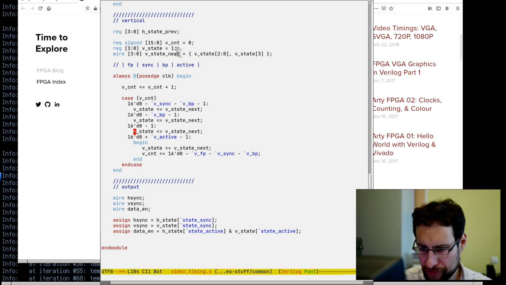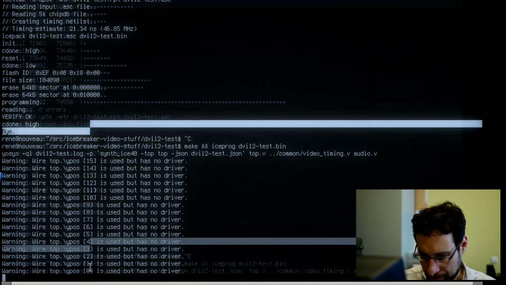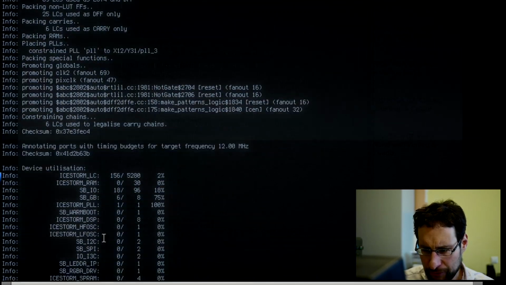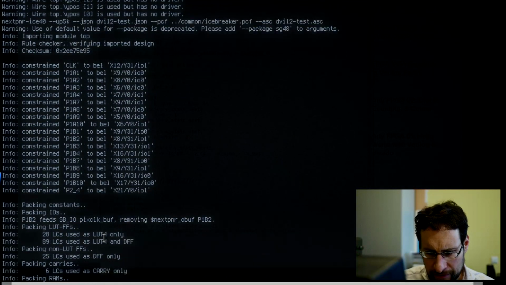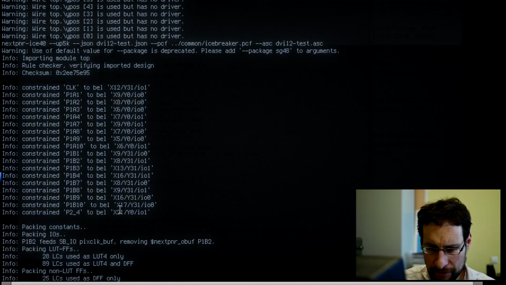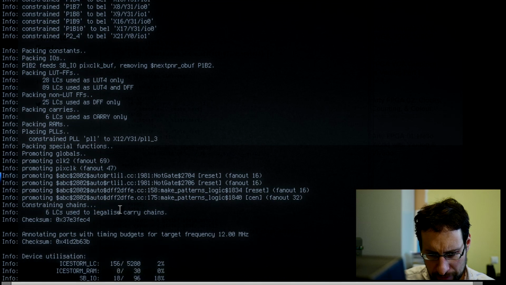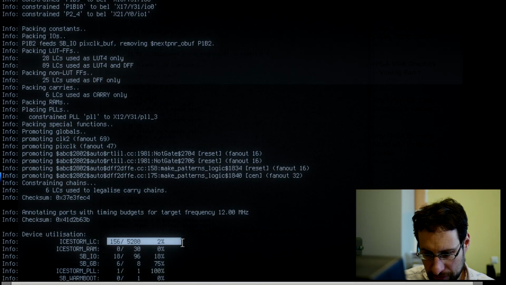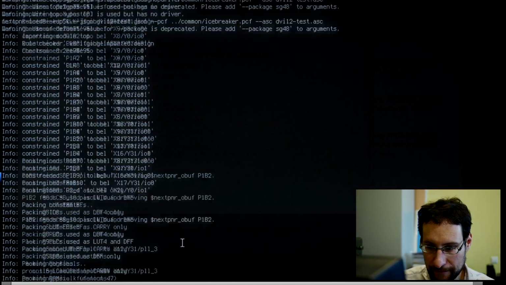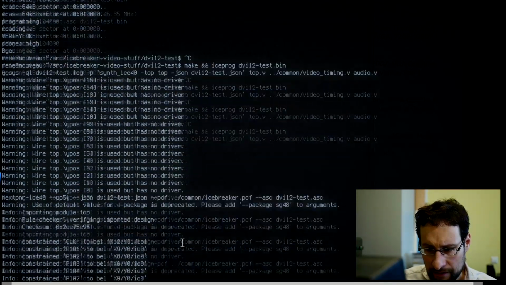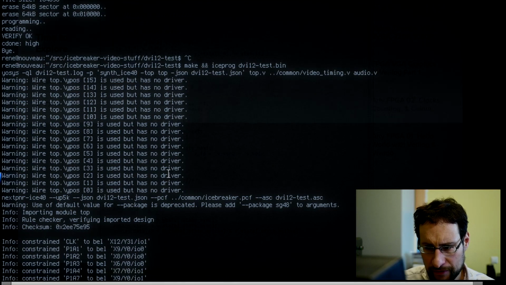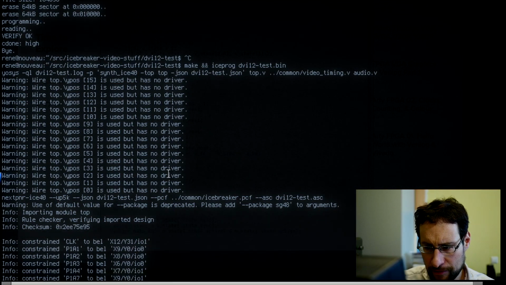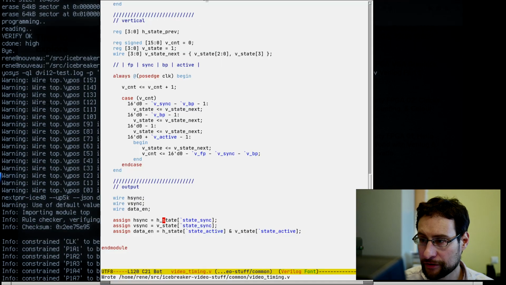Yeah, you see, this is why you usually want to use an editor replace function for that. So then let's see, what was that? I wish this would... or maybe I should actually check if this has some constraints. I have the feeling most of the design might have been optimized away. Here's YPOS is used, wire top YPOS is used but has no driver. Okay, YPOS